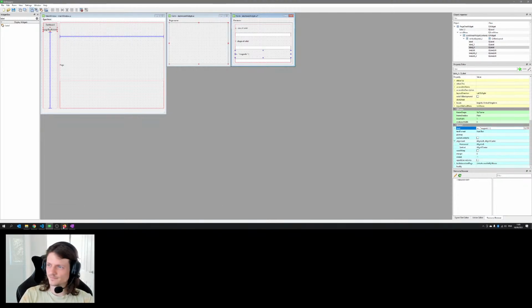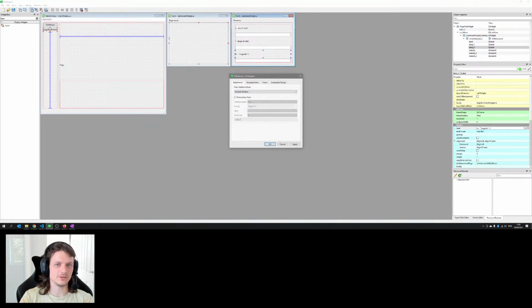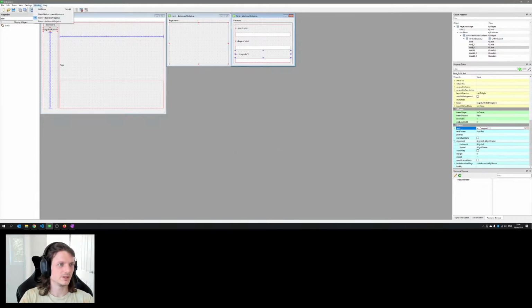Sorry you can't see much of this. I don't know if I can zoom in at all. Let me see. Maybe I can. It'll be good for me too because it's a bit small for me. Preview zoom. How about that? Nope.